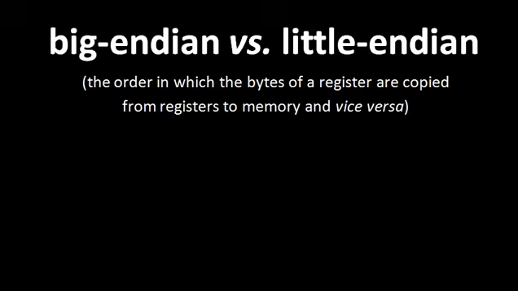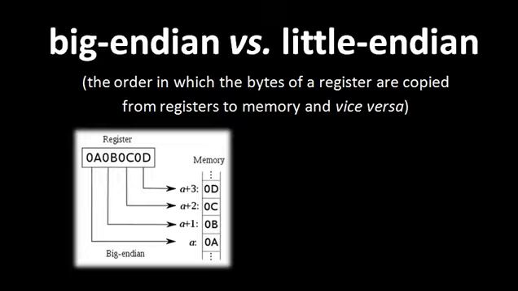Well, it turns out that CPUs have to make really the same kind of arbitrary choice. And the choice is this: when we copy the bytes from a register to memory, or from memory to a register, do we copy the big end of the register into the bytes first, or do we copy the little end? For example, if our machine is big endian and say we have a 4-byte register that contains the bytes 0A, 0B, 0C, 0D, when the CPU then executes the instruction copy that register to address A, the 4 bytes of the register are then copied to the 4 bytes starting at address A in this manner,